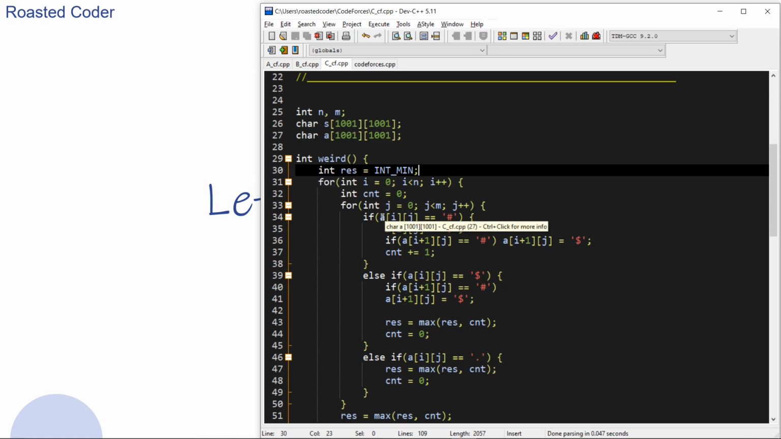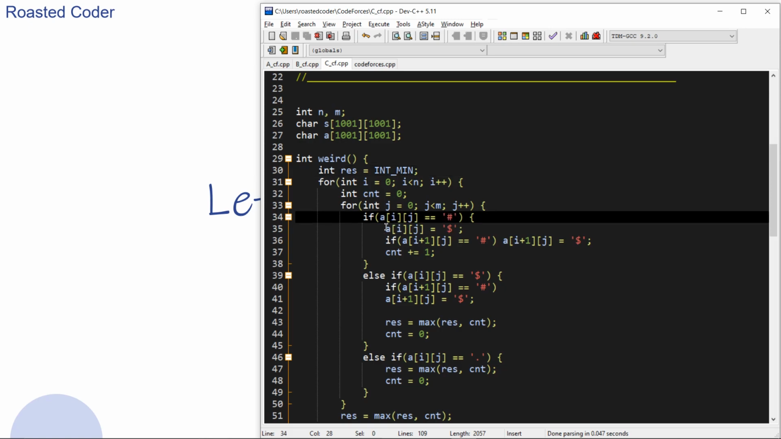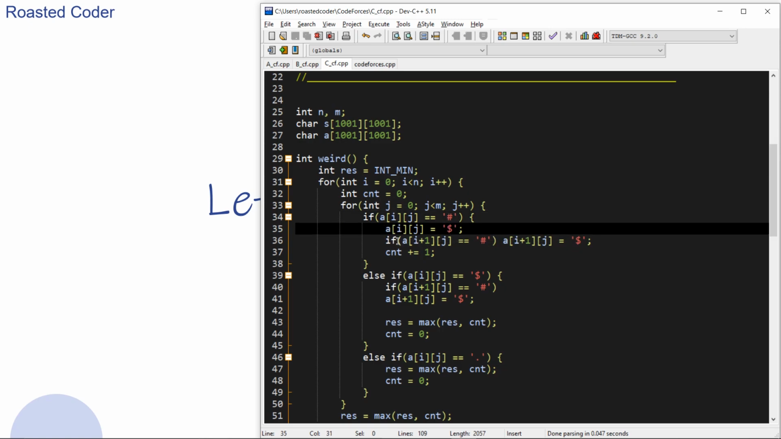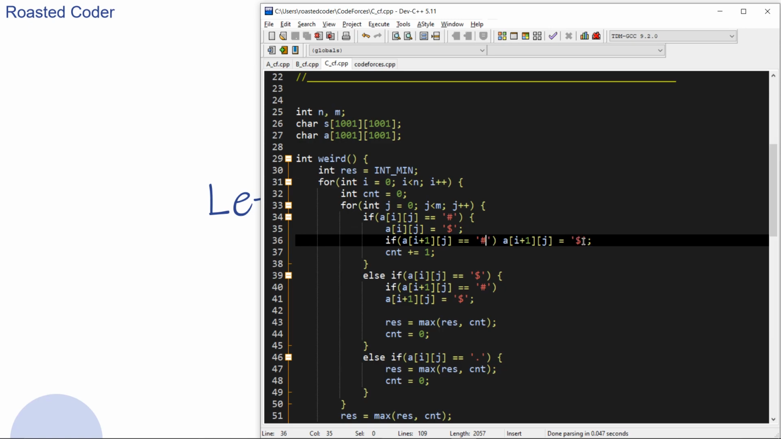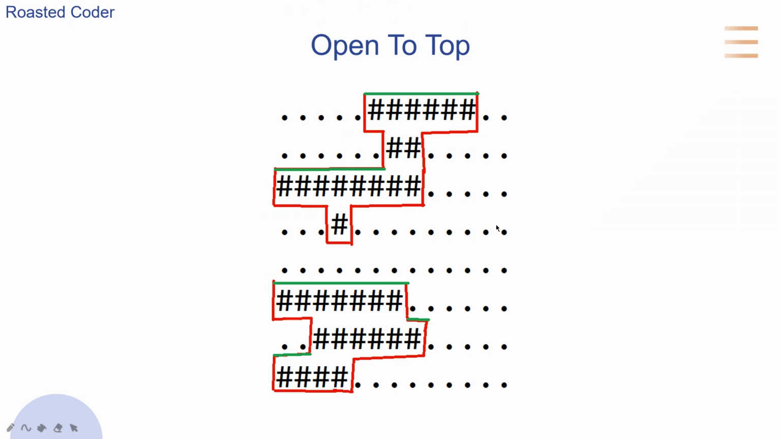So if a[i][j] is black, which is hash, then we will make it invalid, and also if a[i+1][j], that is the cell in the next row but the column is the same, is black, then we will make that invalid also, because you can see, since we are considering the top view of this table, then if I am